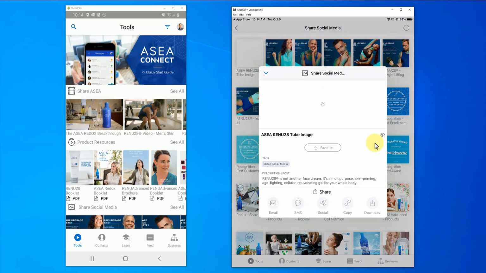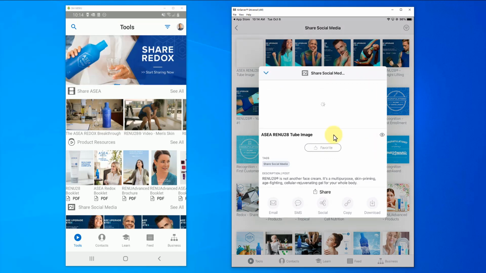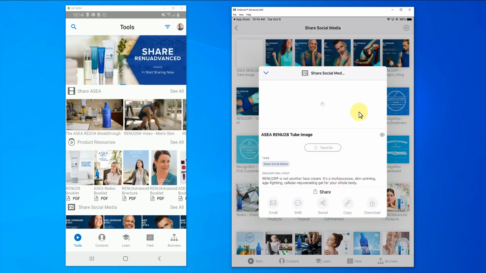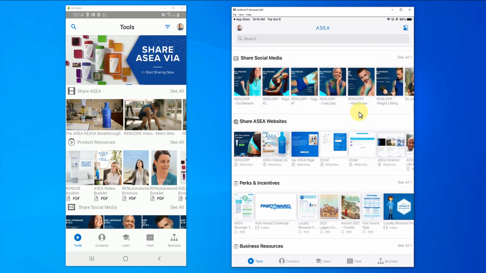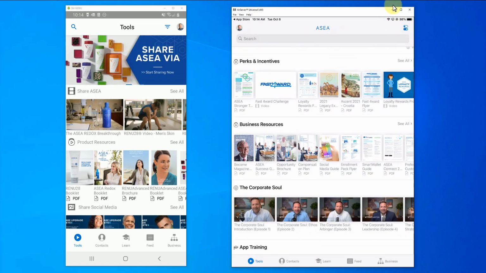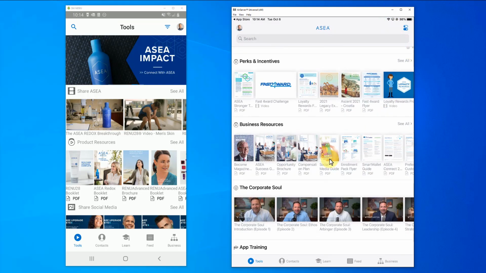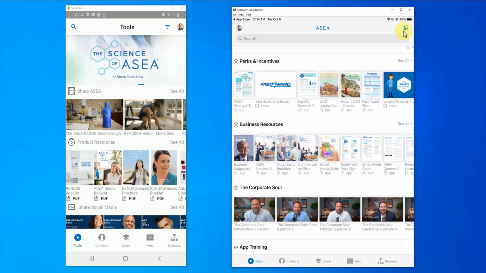This one here looks like it has a hard time with that preview image. It is a rather large image, so I may have to adjust that and see what the story is there. Backing up here, you can resort this order. If you would rather see the business resource section at the top of your list, don't ignore this little filter, this little switch button up here at the top.